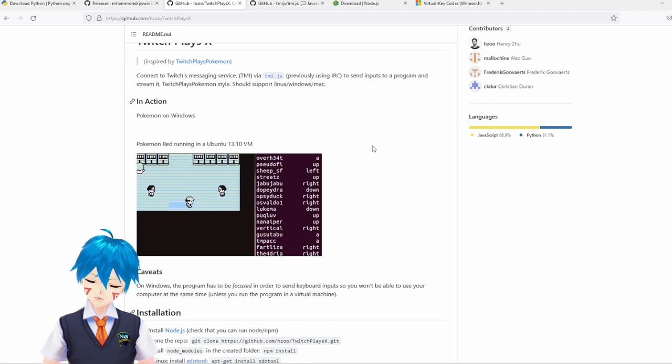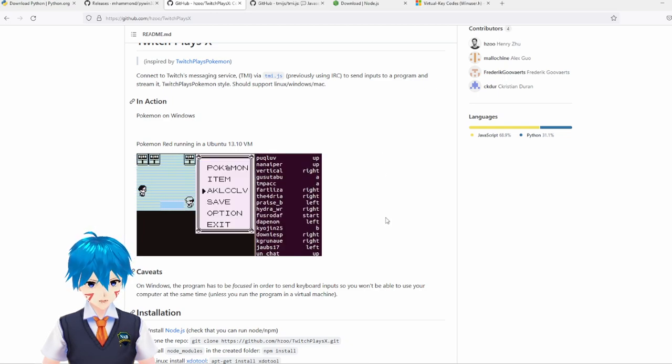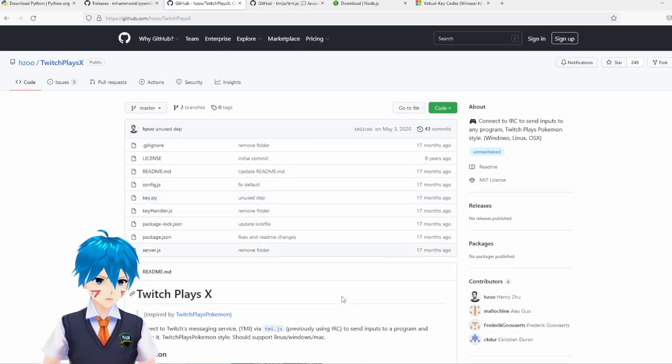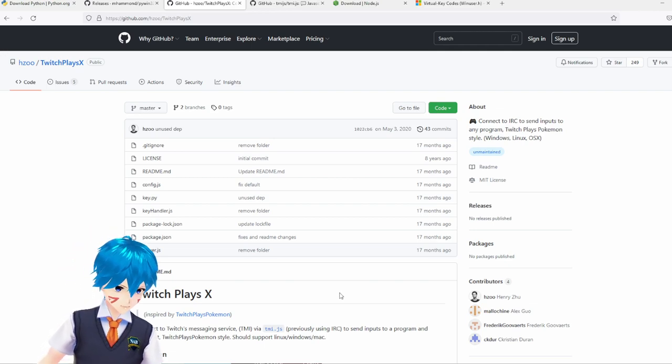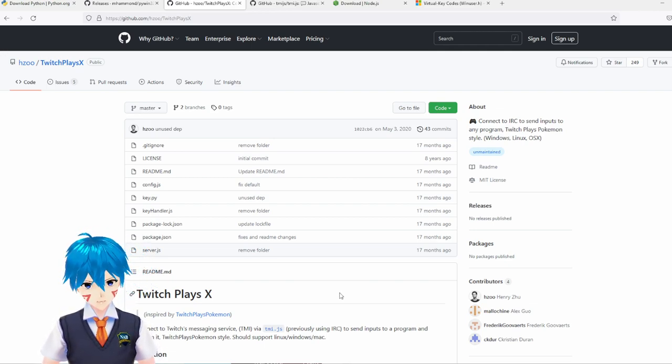So why bother making this? Why bother setting up a Twitch Plays Fragment, Twitch Plays Versus? It's more meant to demonstrate that the games are working, that the games are in English, and that the games can be played today, whatever the year may be, whether it's 2021 or 2022. It's meant to demonstrate it can be done. You can do it if you put the time and effort to set it all up for yourself. So this is not a demonstration on how to do the Twitch Plays. It's more of a demonstration that these games are working today, even though they were abandoned back in 2005